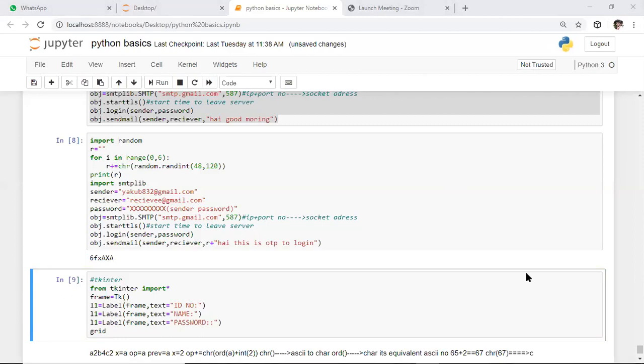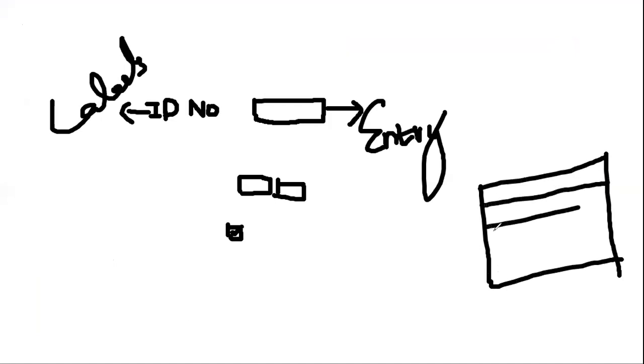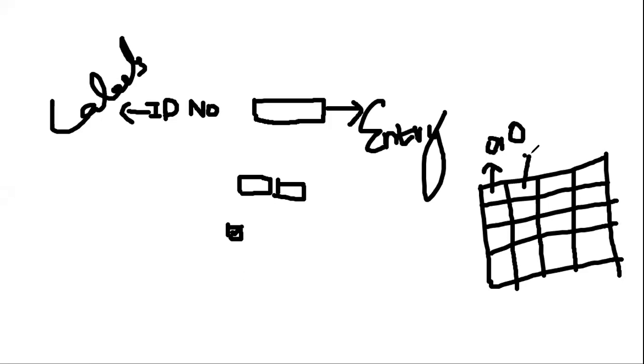So let's assume you have one white page. In your laptop, let's consider this as your screen. On this screen, it will be in the form of pixels, in the form of a box kind of structure. Whenever you want to access a specific box, you can access these boxes by using rows and columns. To access any box from this screen, you need to specify the row index as well as the column index. If you want to access this one, you need to specify row index 0 as well as column index 0. To access this one, it belongs to row 0 as well as column 1.